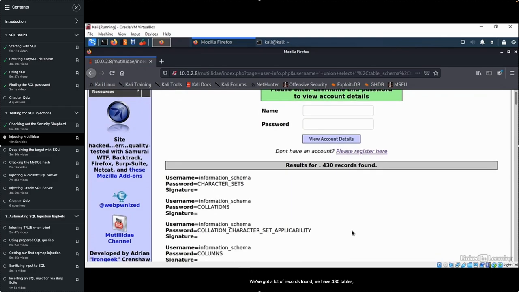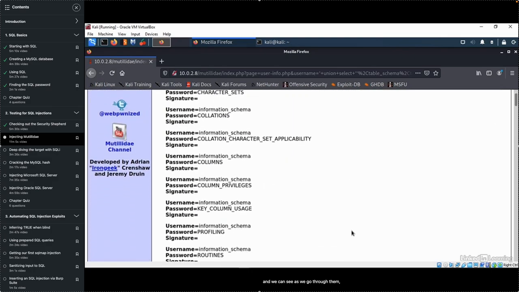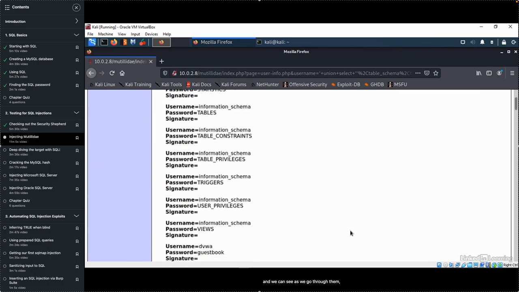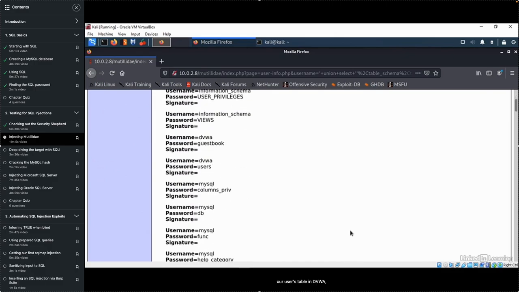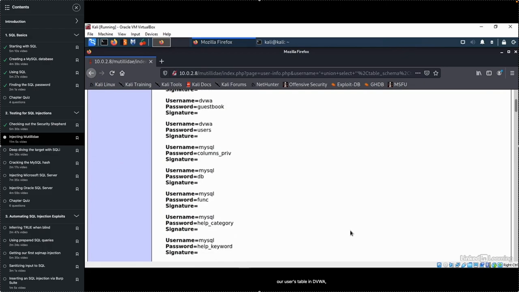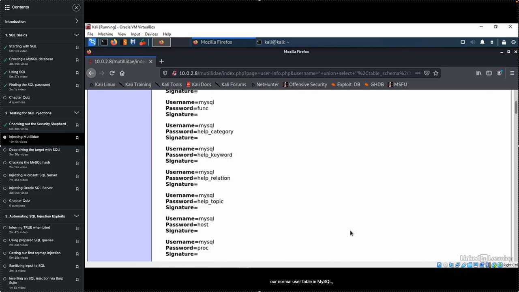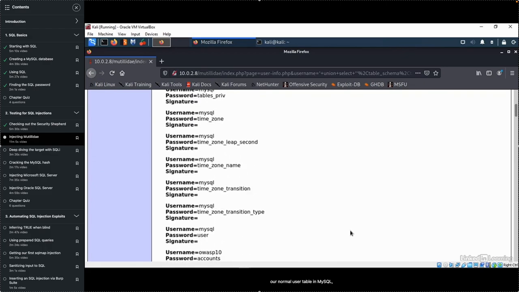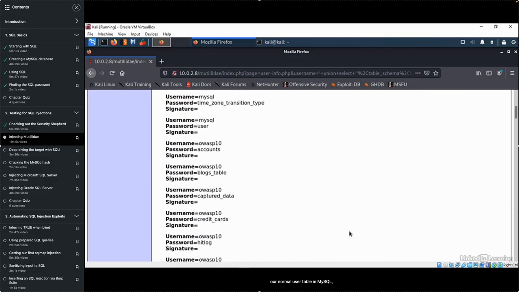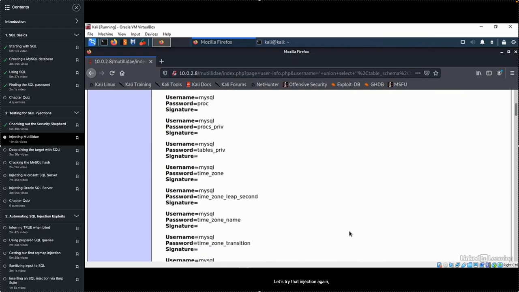We have 430 tables, and we can see as we go through them a users table in DVWA, our normal user table in MySQL, and we have an accounts table in OWASP 10. These might all be of interest to us. Let's try that